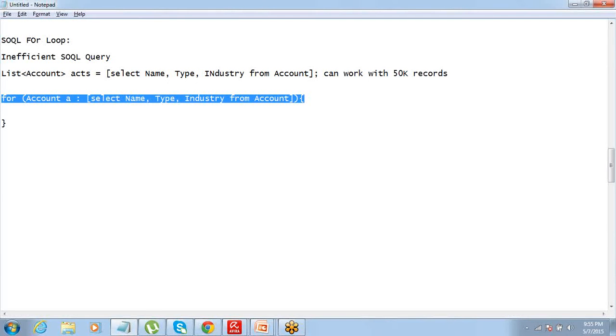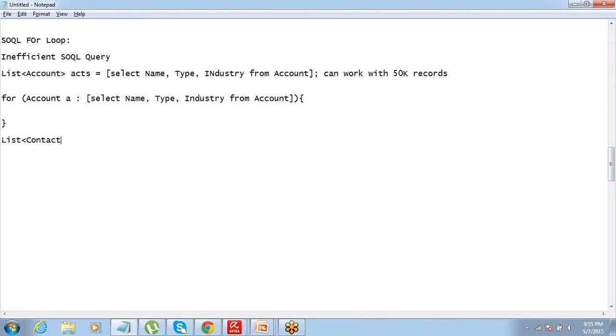Hard coding IDs means don't use something like a list of contact C equals select email from contact where account ID equals some ID. Don't ever do this. Why? Because the IDs will change from your sandbox to production. The moment you deploy from sandbox to production, that will change.